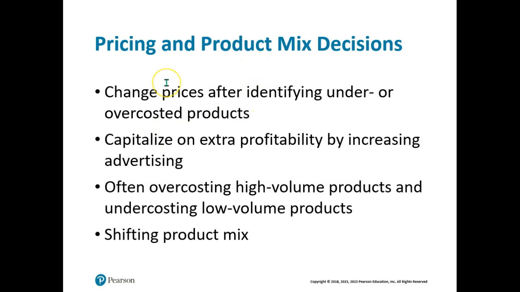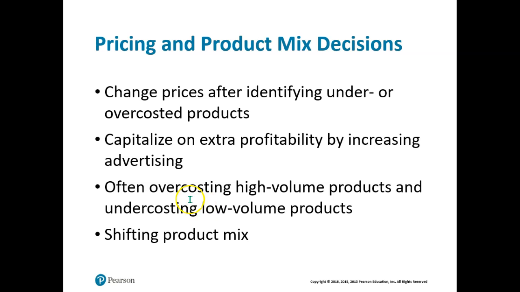Well, for product and pricing decisions, you can change prices after you identify over or undercosted products that you may not have known about before you did the activity-based costing exercise. It is really a long process too to implement it. To capitalize on extra profitability,